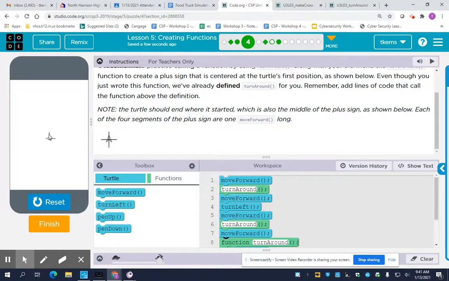Okay, so I went up, I turned around, so I went move forward, turn around, move forward to come back down. I did a turn left to take me this way. Okay, a turn left and a move forward. That's what I got here. That took me out to here, and then I did a turn around and a move forward to take me back to the center. Okay, I'm going to do a move forward again